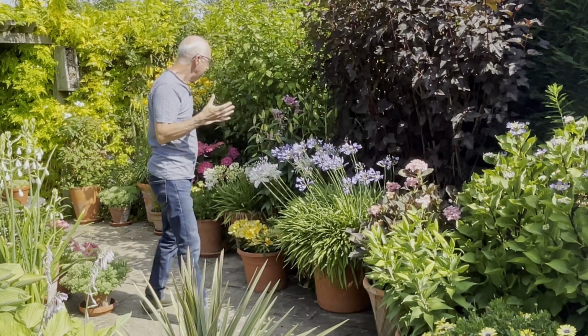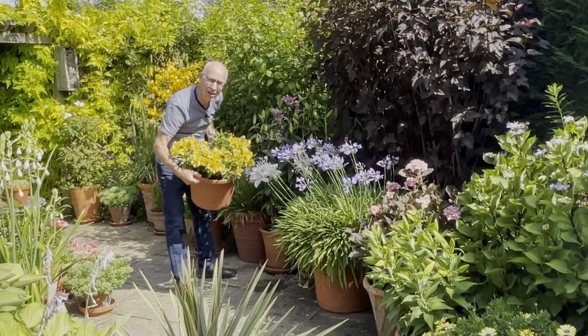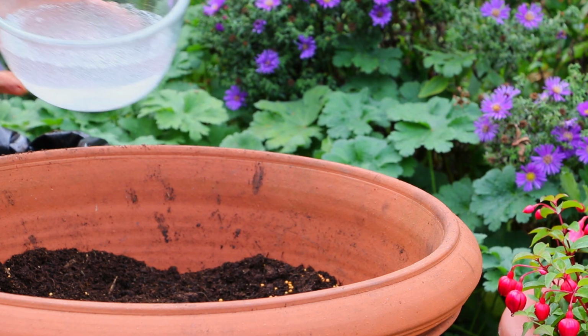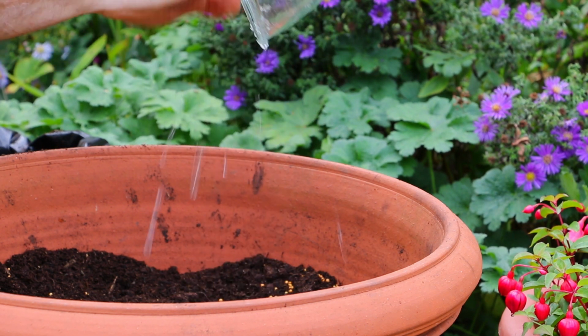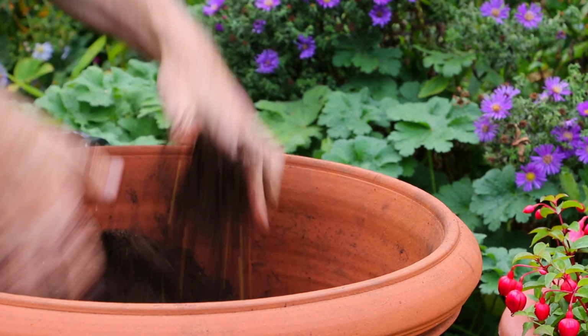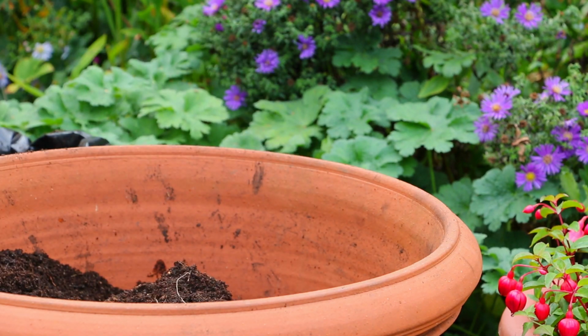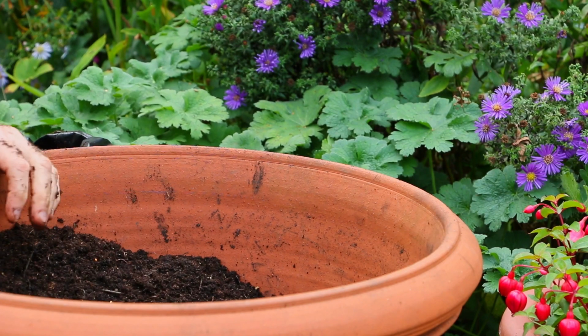Then the other thing I do in my pots and my hanging baskets, particularly for things that I'm growing outside for the summer, like this beautiful Alstroemeria Havana, is I will mix in some slow release water releasing gel into the compost at planting time. This is something you'll find available in garden centres. It's a white crystalline material, and it absorbs water. You can mix it into the compost dry if you want, and it will swell when it absorbs water, or you can make it up into a gel before you mix it into the compost, and that helps lock in